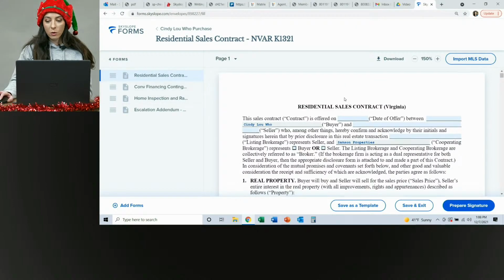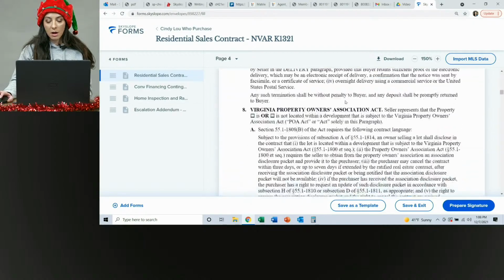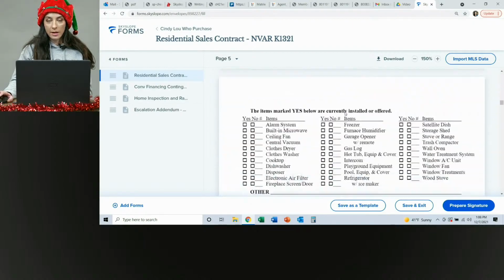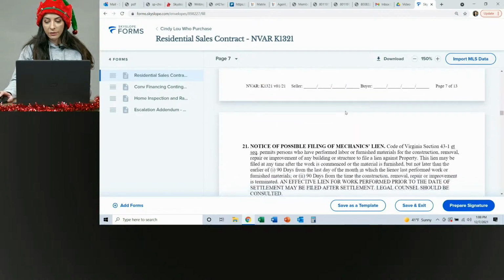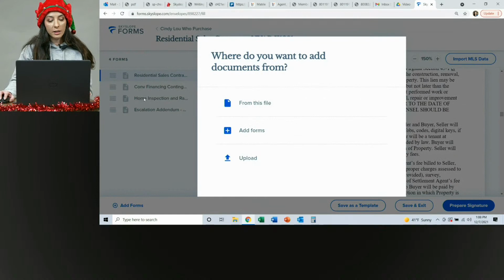Here's our grouping of forms. Here is our entire sales contract, all built out in one. It'll come back to you as one PDF. If you need to add a form, if you forgot to include one in your grouping here, you can click